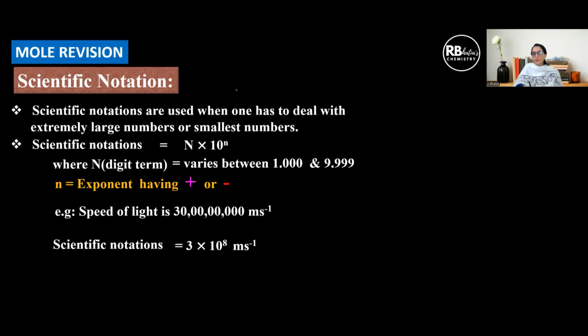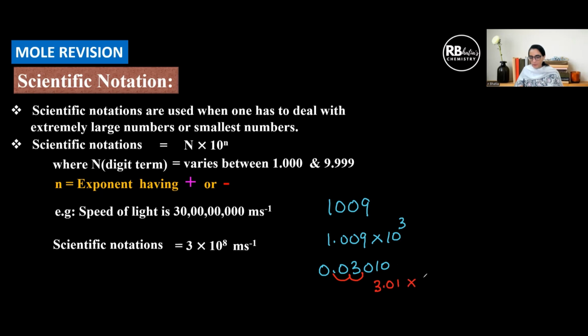Remember, we always convert a number to first decimal place. Supposing I ask you to convert this to scientific notation, you're going to put a decimal here and take the values to a power of 10. Similarly, if I'd asked you to convert 0.0310 to scientific notation, you will be moving this decimal 1, 2 places to the right. So the number will become 3.10 into 10 to the power. Since you move the decimal to the right, you'll have a negative power.